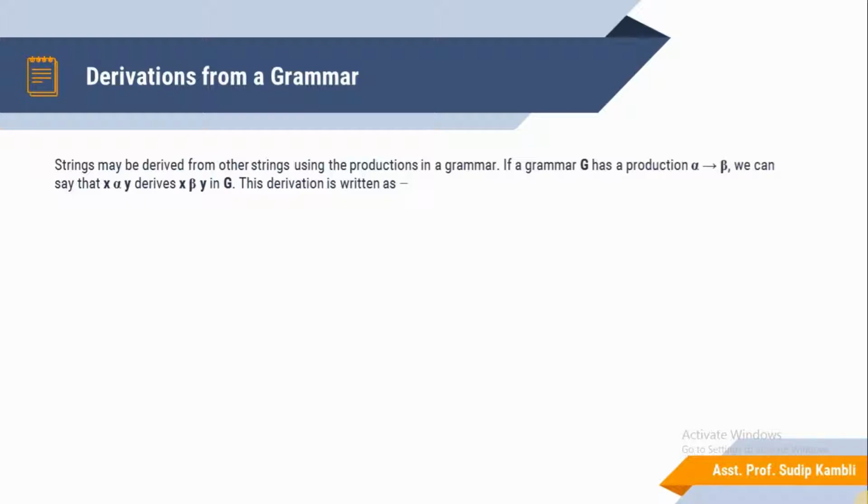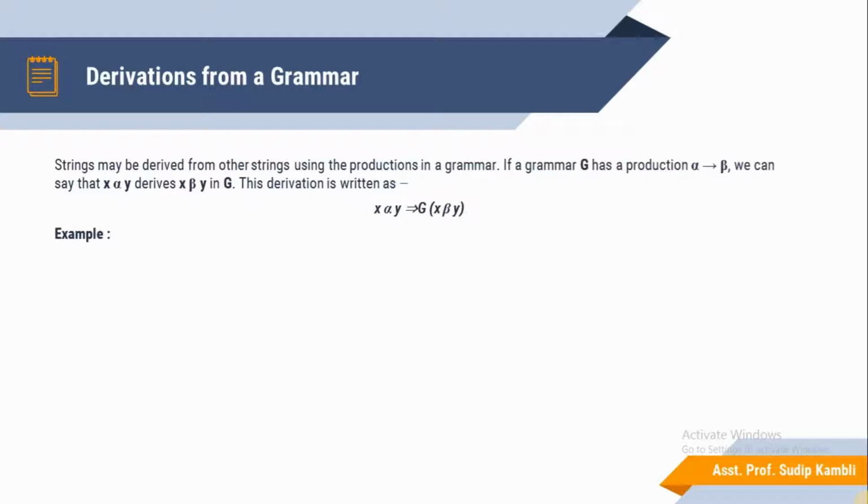So if a grammar G has a production alpha derives beta, we can say that x alpha y derives x beta y in the grammar, where alpha and beta are strings. So the derivation is written as x alpha y derives in G x beta y.